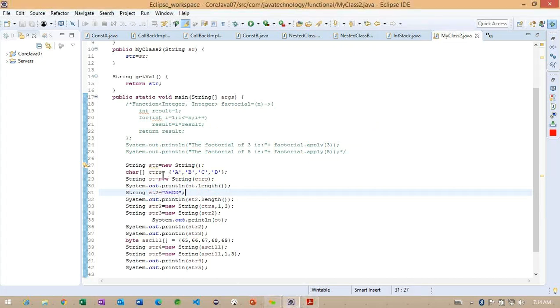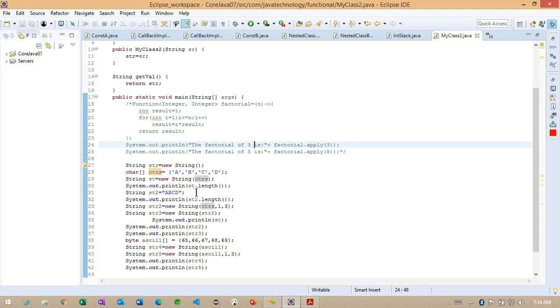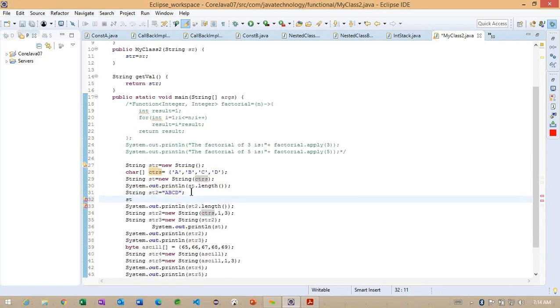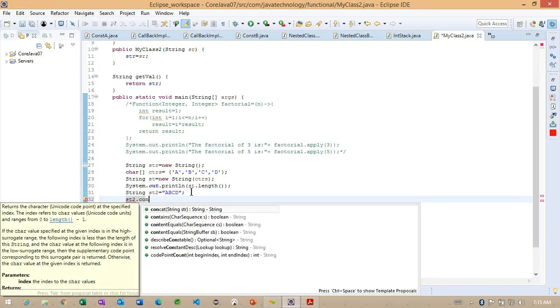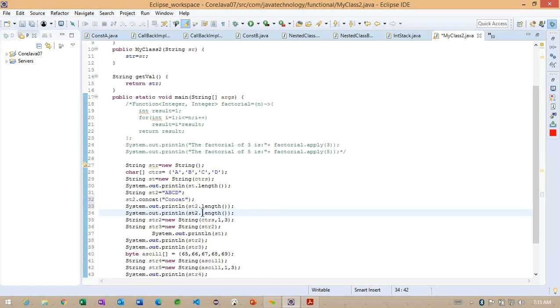Now what am I doing here? Using either the constructor or the literal concept, we are creating an object here. I'm going to call str2.concat with something called, so I'm calling the same method here. After the length, I'm going to print the str object.